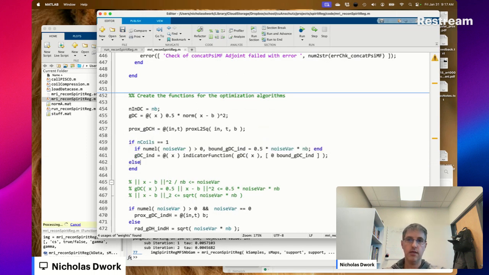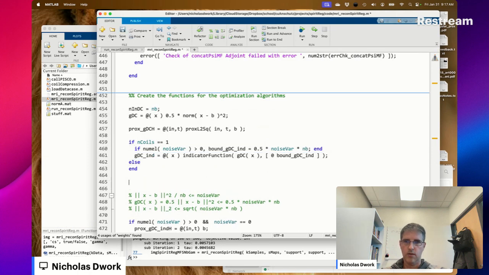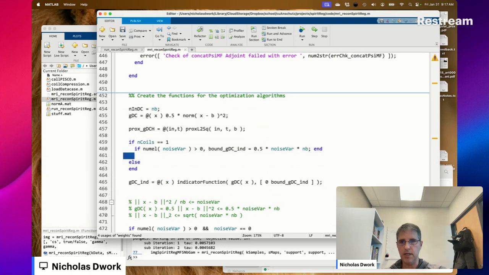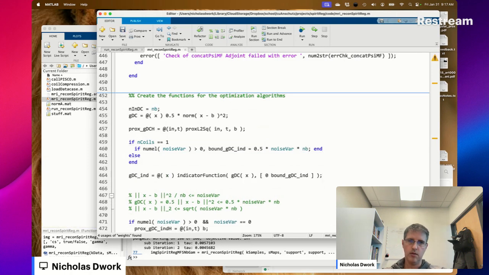Else, what? The indicator function needs to operate independently, with a different bound. Yeah, okay.